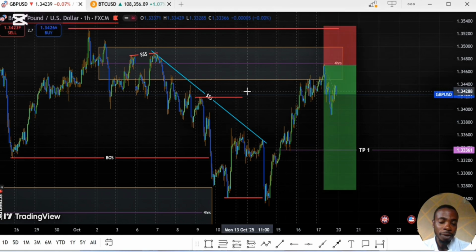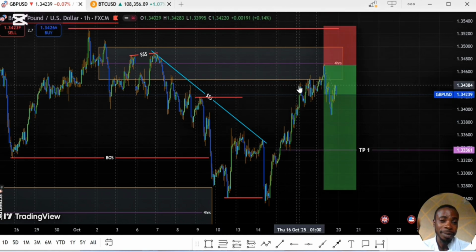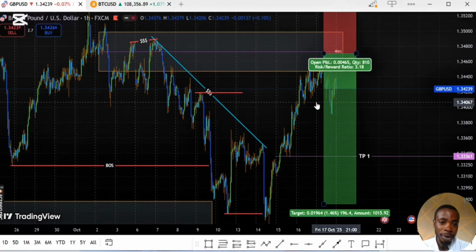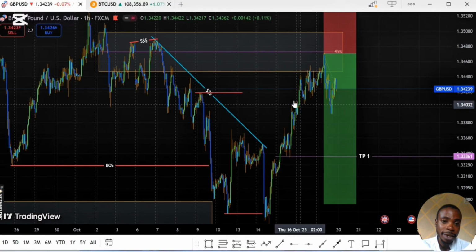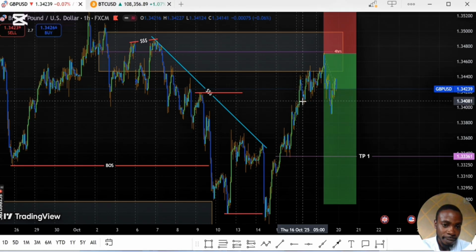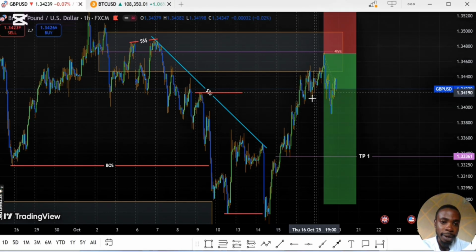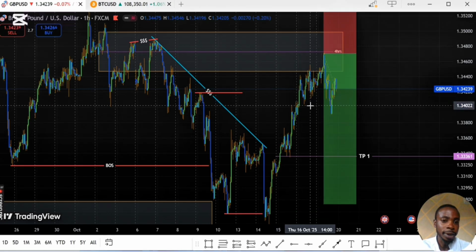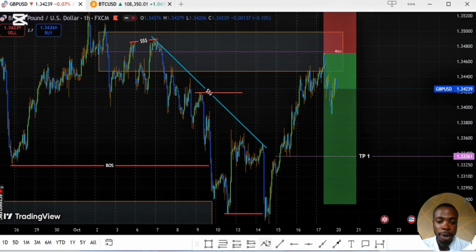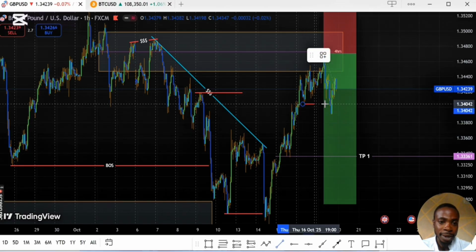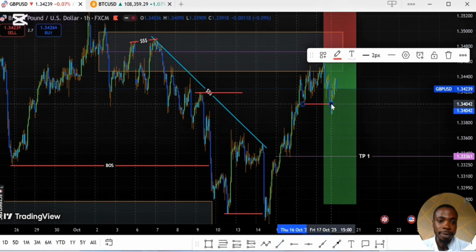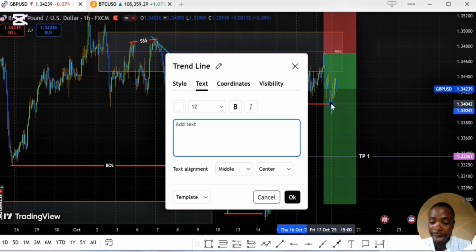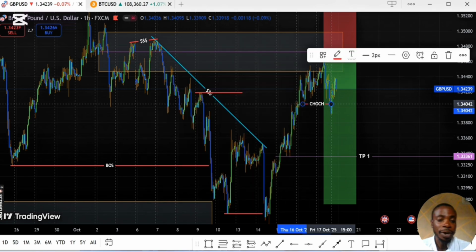If you are actually looking for confirmations and you go to 15 minutes time frame, you will see even here on the 1 hour time frame, that this is a high, this is a valid, there are 3 candles. 1, 2, 3. This is a valid low, a high, a low, a high. Market has taken out the low. So even on the 1 hour time frame, we can boldly say that here is a change of character. Network is bad, now bear with me. Here we can boldly say this is a change of character.